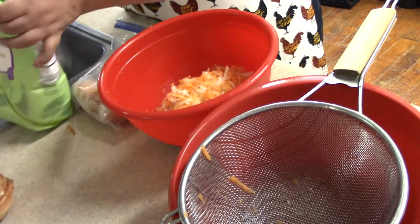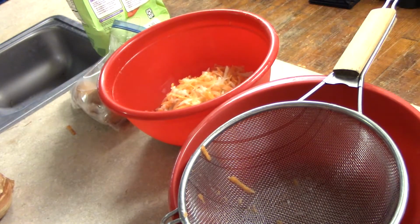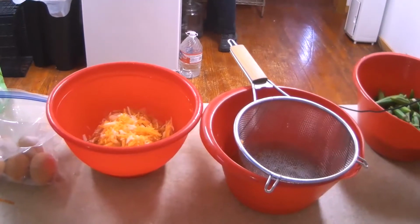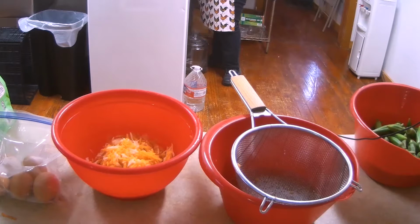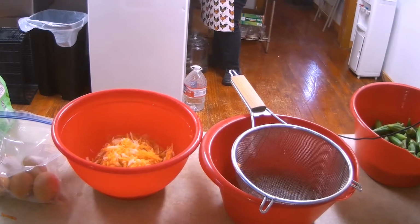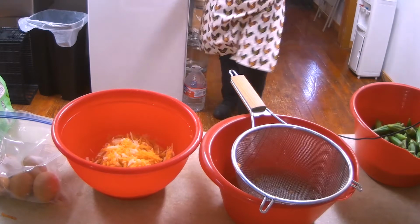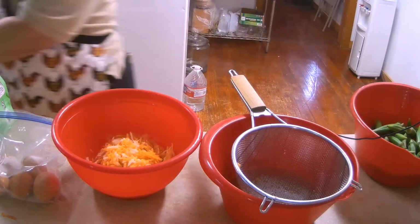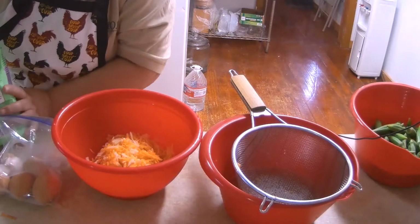So we have sweet potato, and I have approximately 2 sweet potatoes and about 1.5 potatoes grated in this bowl. You're going to need some eggs, some flour, salt, any kind of condiments that you want to add to the mix. And so I am going to add